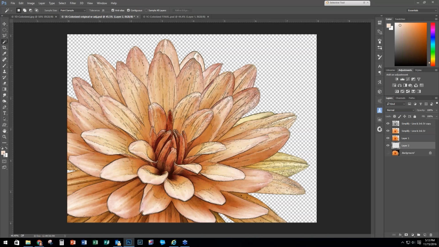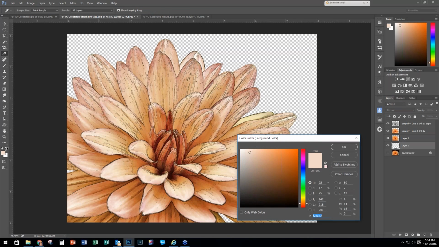So I'm going to actually have it here because I was practicing earlier, but we're going to select our foreground color picker. And I actually typed in the number. I had originally selected this color right out of the flower just by clicking around in here, and you can do that when you move your cursor off of the color picker. It becomes the eyedropper tool, and you can just click around until you find a color that you like. And then once I found it, I did write it down so that I could duplicate it for you. So I'm going to retype this color in